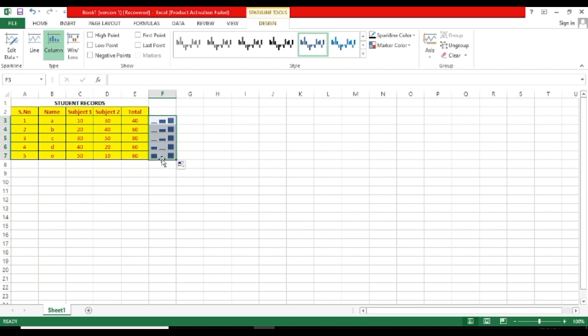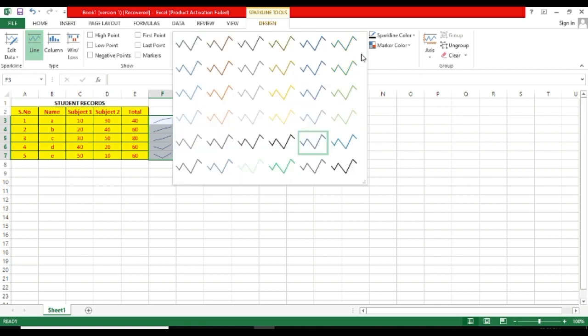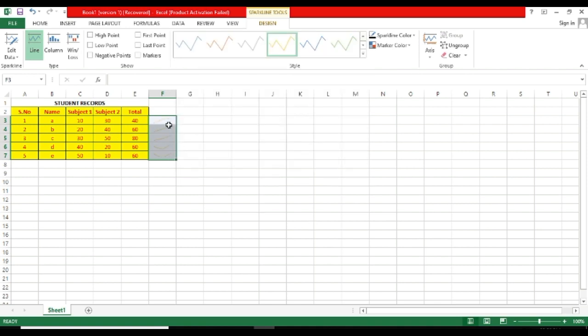Okay, now go to the design option, and then how to change these sparkline charts. Simply, you can select from here in the type group, line. I am taking multiple lines to be shown here. Suppose I am taking this. Okay, this will be shown like this. Okay, then go to how to clear this chart group, and here you should select clear and then clear selected sparkline groups. Click on that, this will be removed from here.